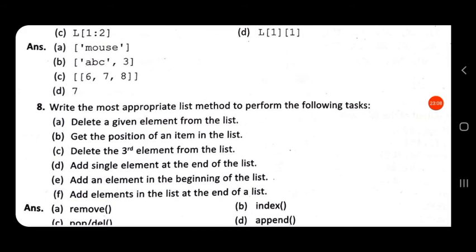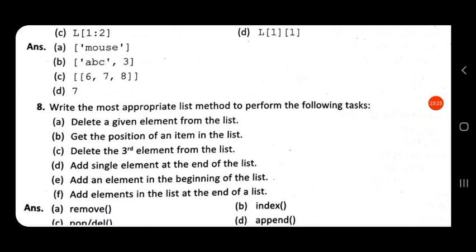To get the position of an item in the list, if an item is given and its position has to be found out, then we can use the index method.